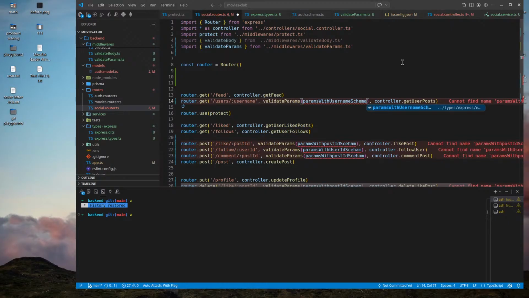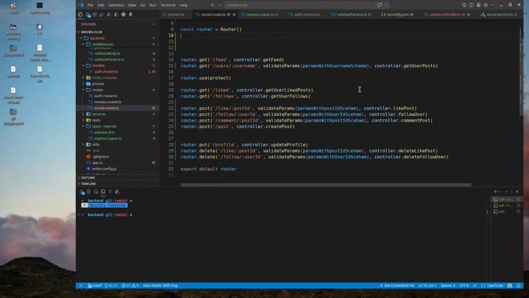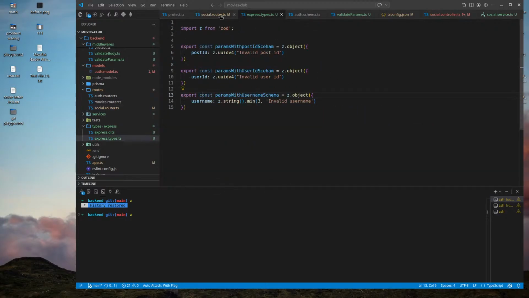Should I import them as is? Just import them as is. Okay.